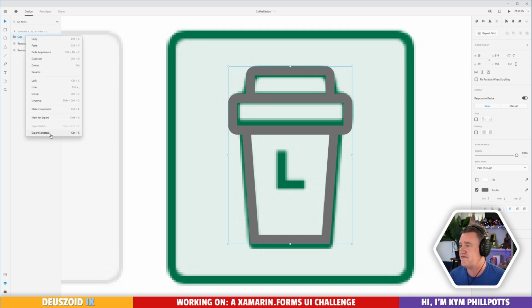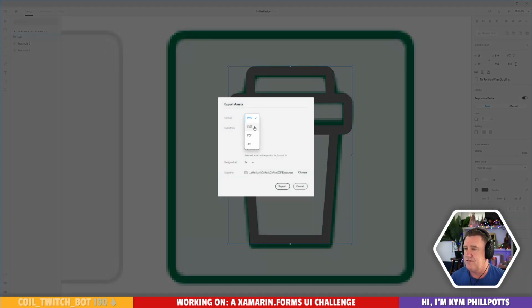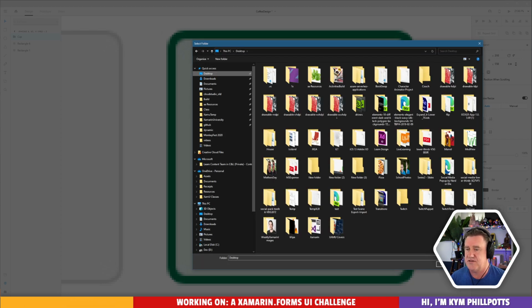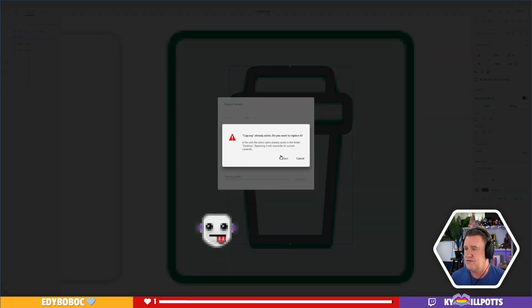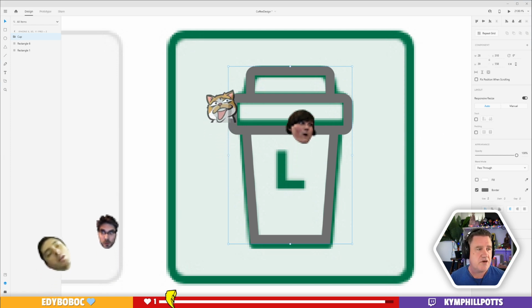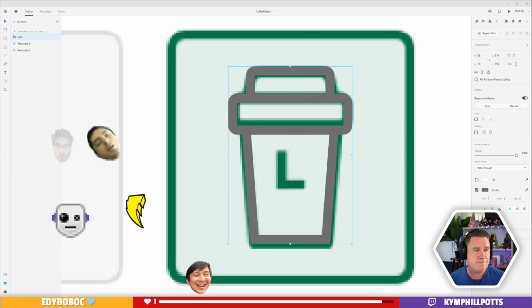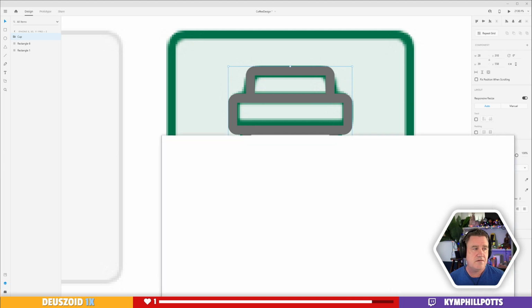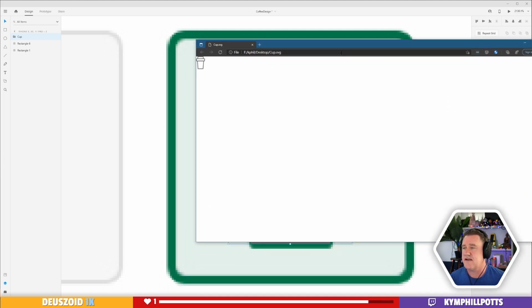So I'm going to export this as an SVG onto your desktop as you do. And then I'm going to go and open that up and see what we get. There we are. We got ourselves a little cup. Pretty.